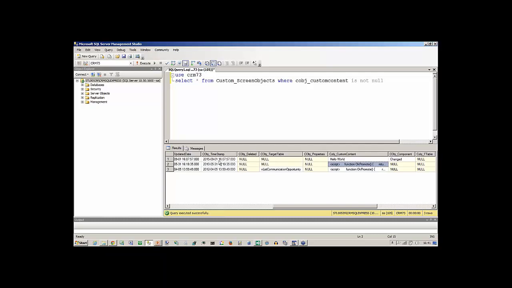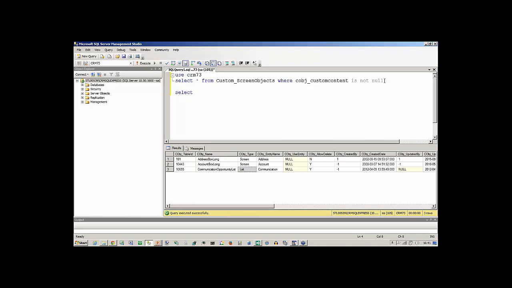Now that's showing us the custom content within the screens and the lists that might be defined inside the system. You can see that one is a screen and one is a list. We can also see where the on change rules are defined, and that's not inside custom screen objects, but instead is inside custom screen. So select star from custom screens,